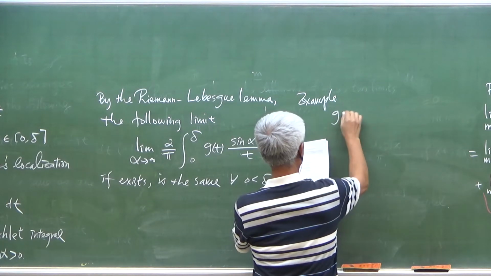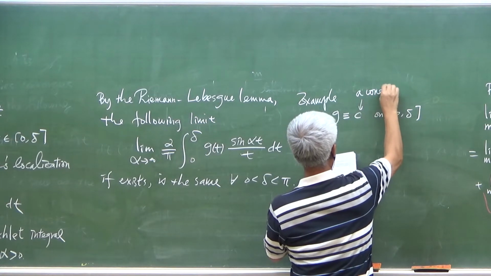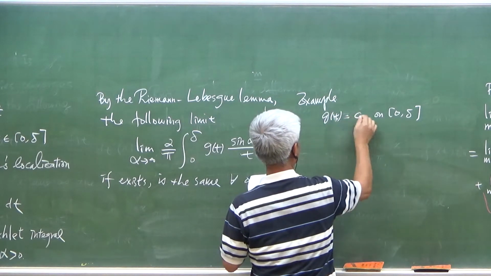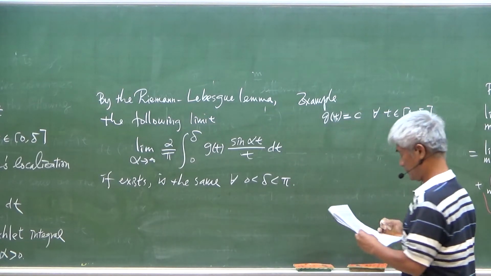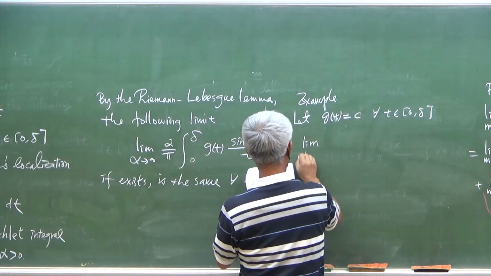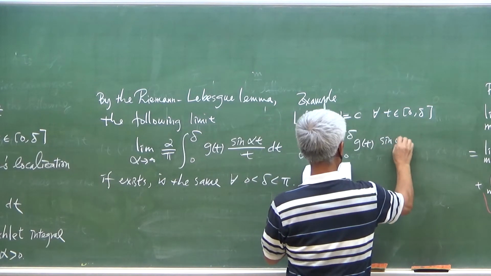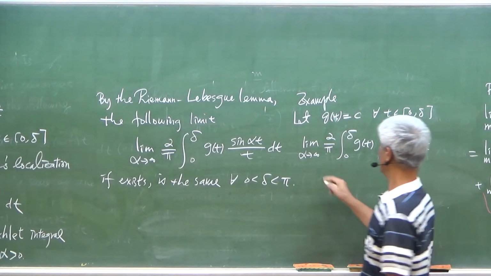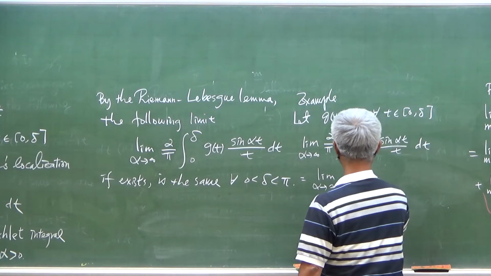we let g equal to a constant. Alright, so g is a constant, here g(t) equals c. Okay? And the limit as alpha goes to infinity. So we try to compute this integral, and the limit as alpha goes to infinity. So we want to compute this limit. Okay, and this one is a constant, right? So we just say it's 2c divided by pi